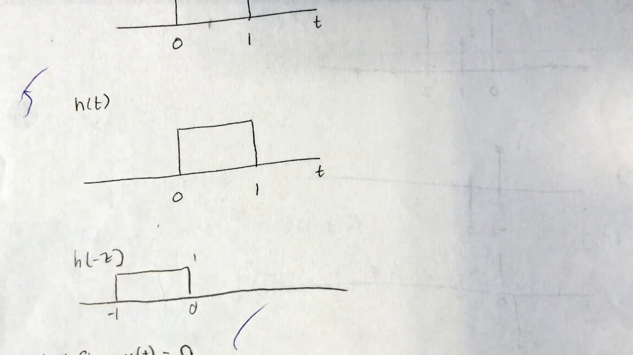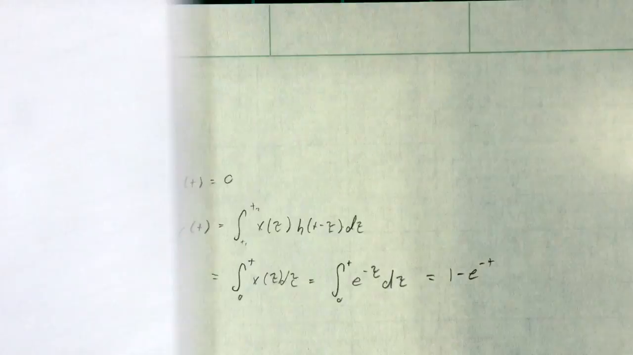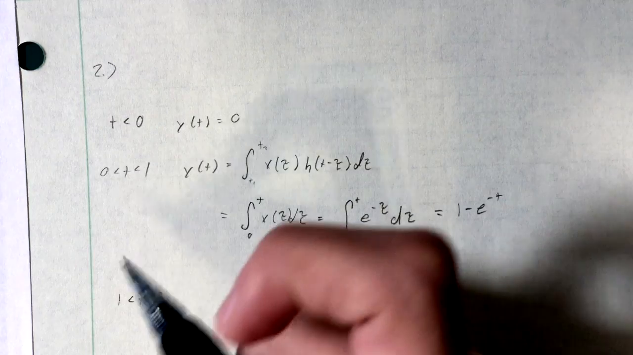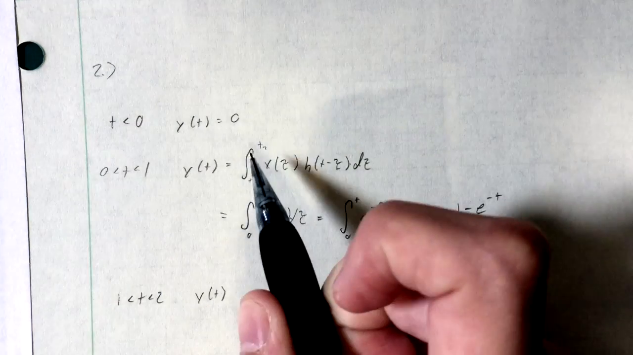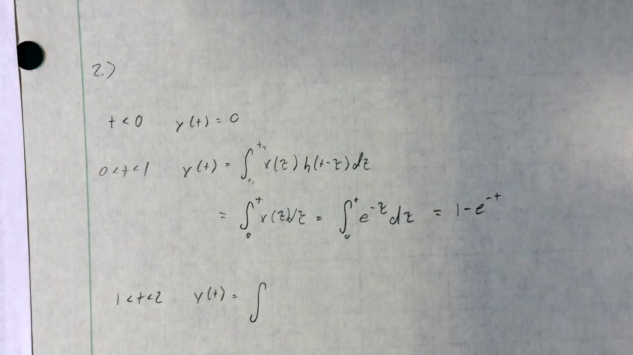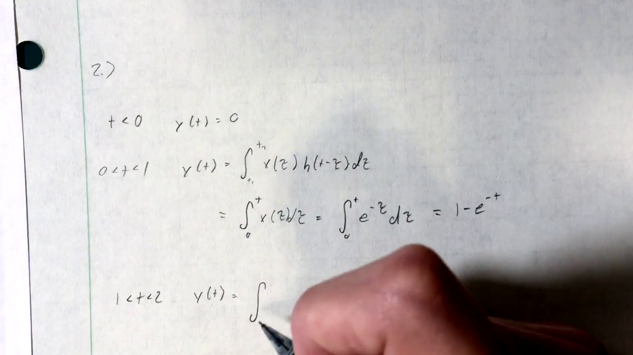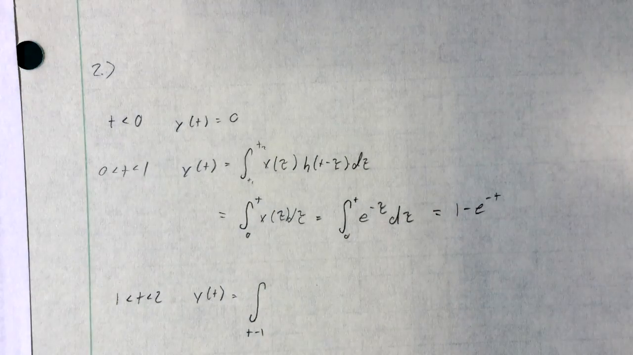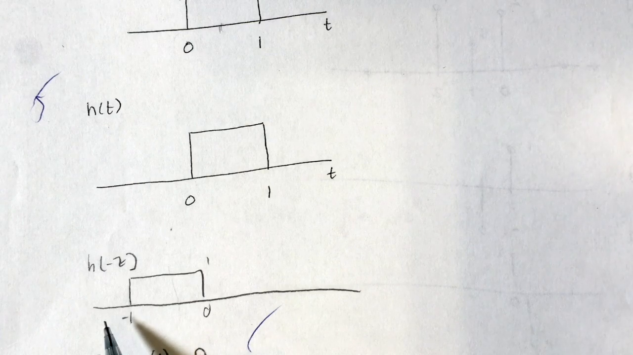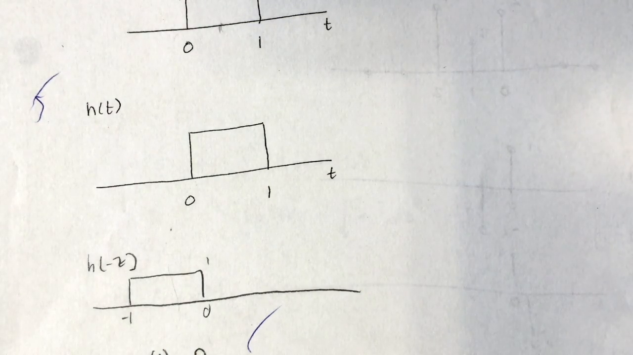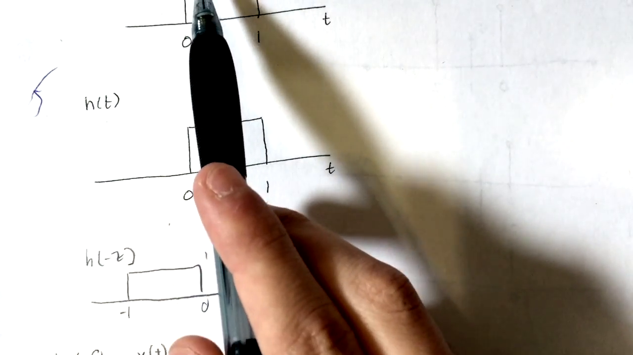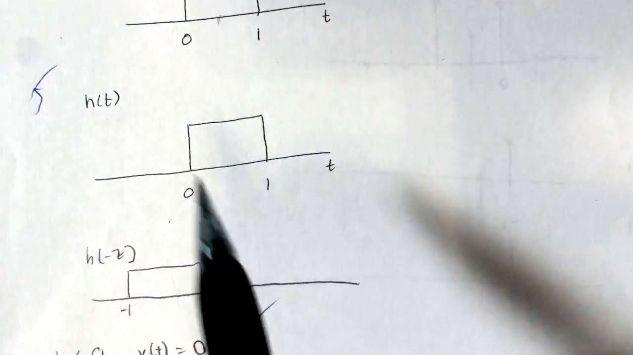So in this case, our bounds are a little bit different. So when we have 1 less than t less than 2, y of t, use the definition of the convolution. So our lower bound in this case will be t minus 1, right? Because our lower bound is always changing, because when we add a value greater than 1, this will become our new lower bound